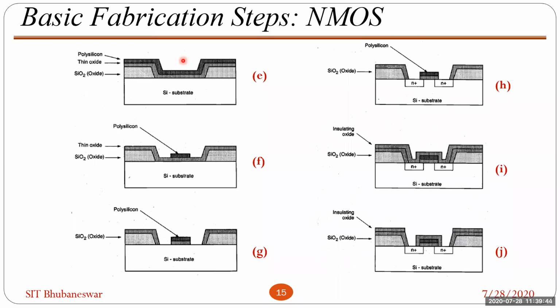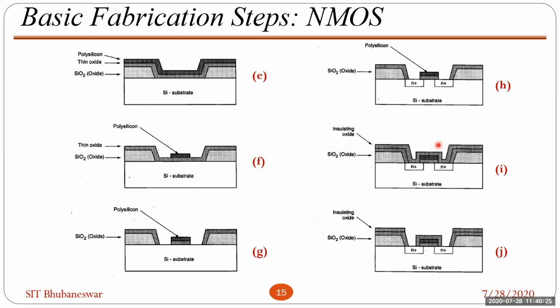Sir, in figure I, when we are putting the insulating layer, the insulating layer is covering the polysilicon. When polysilicon is used in contacts, what will happen? When we are doping the different layers, the polysilicon is also getting doped, so its resistivity is reduced. So we sometimes use it for metal contacts or for some connections. If this insulating oxide covers that, then it will not be able to do that.